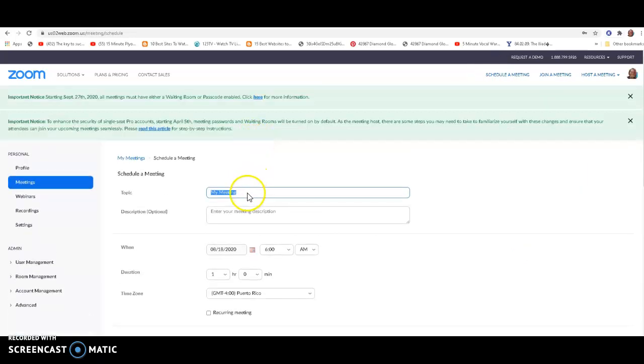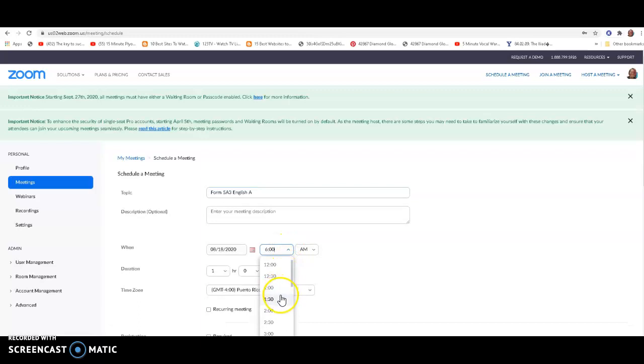Now I'm going to schedule a meeting for my fifth form English class. So I'm going to call this, and it's important that you put the subject here. The description tab is not necessarily important because it does not show when you go to send that invitation. Now the time for my class is today at 10, so I will